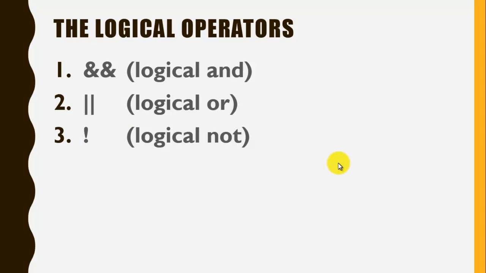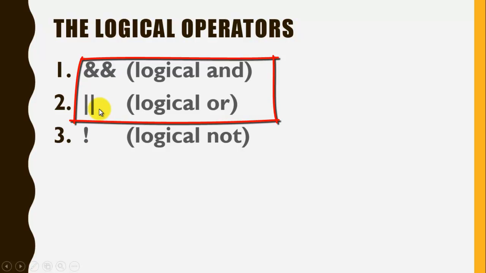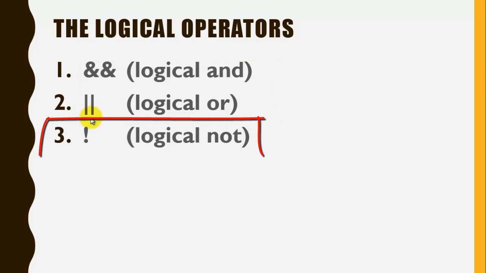Now come to the next operator, logical operators. We have three logical operators: logical AND, logical OR, and logical NOT. Logical AND and logical OR are used to combine two or more relational operators, and logical NOT is used to complement the relational operator's result. So to better understand,